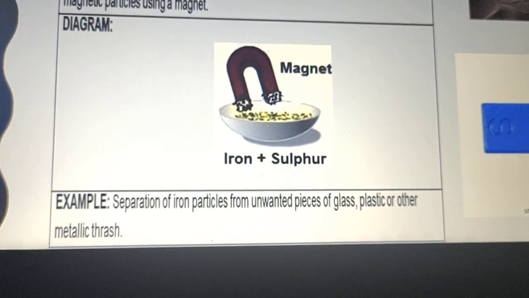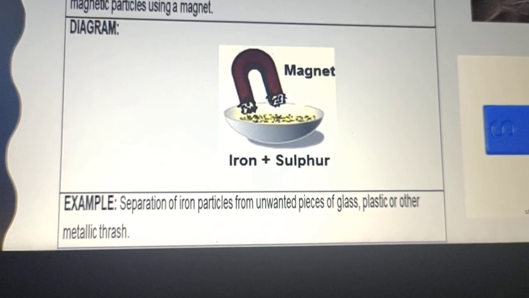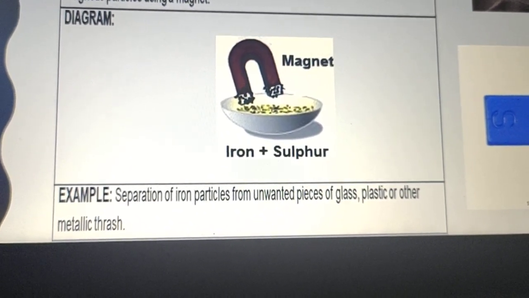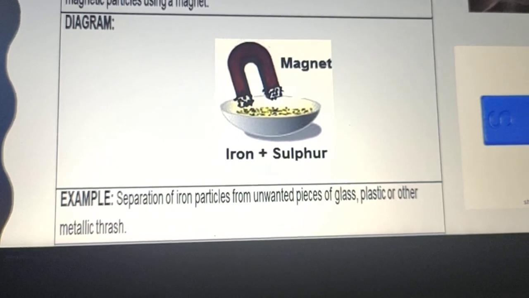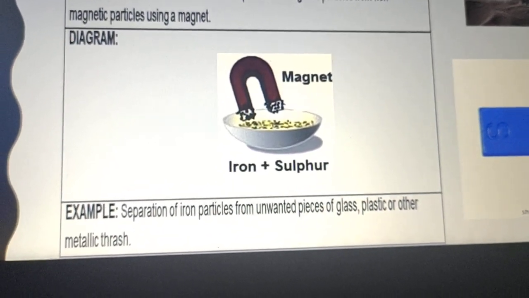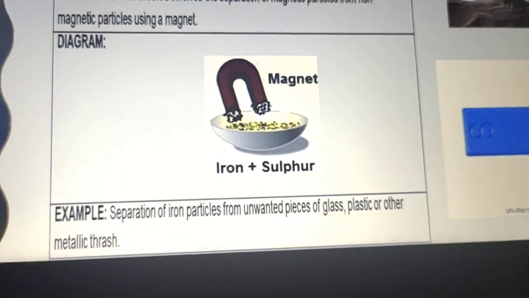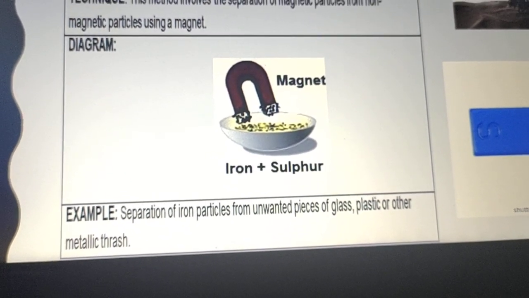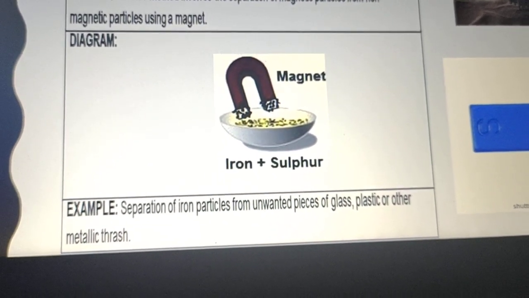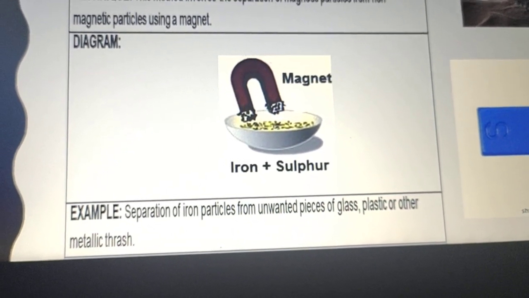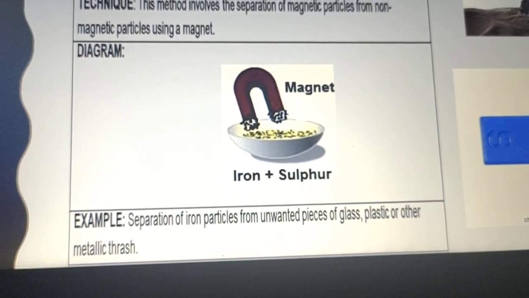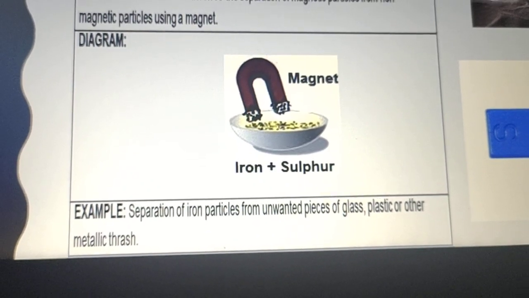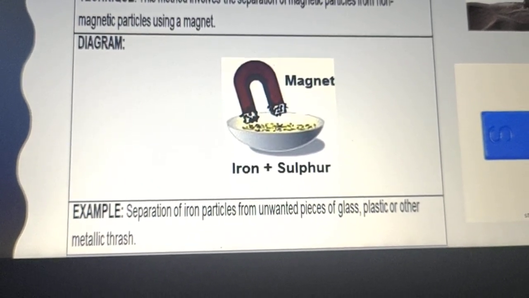So a magnet can take the iron filings from the mixture. But if we do the reaction between iron and sulfur, suppose we first mix iron Fe plus sulfur, then it forms FeS, the compound. If we then try to separate the iron filings from that, it is not possible because the compound is formed. Once the compound is formed, heterogeneity is lost and it becomes homogeneous in nature. So separation with a magnet is difficult as compared to the mixture.